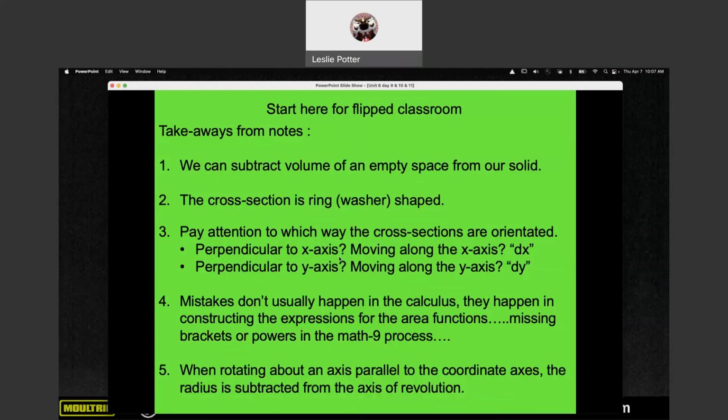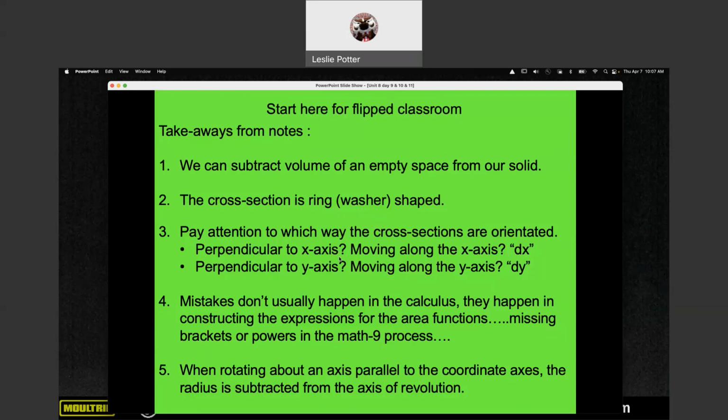All right, so we are still working with that very versatile expression for calculating volume, where we are integrating from A to B some sort of area function. It might be in terms of X, or it might be going from C to D in terms of Y. Okay, so if it's a dx, then we're revolving